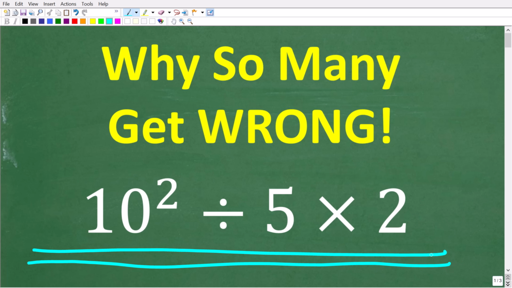I mean, nothing crazy here. No algebra, no fractions, no square roots, no decimals. Yet a lot of people, surprisingly, are going to get this wrong. And they're going to get this wrong because they're going to move too fast. They're going to see 10 squared, they're going to see division, they're going to see multiplication, and they're going to